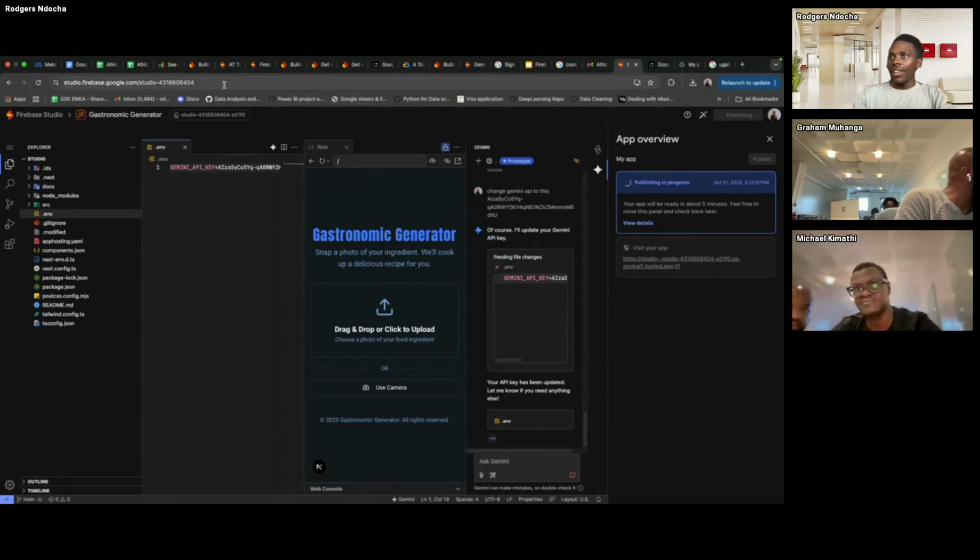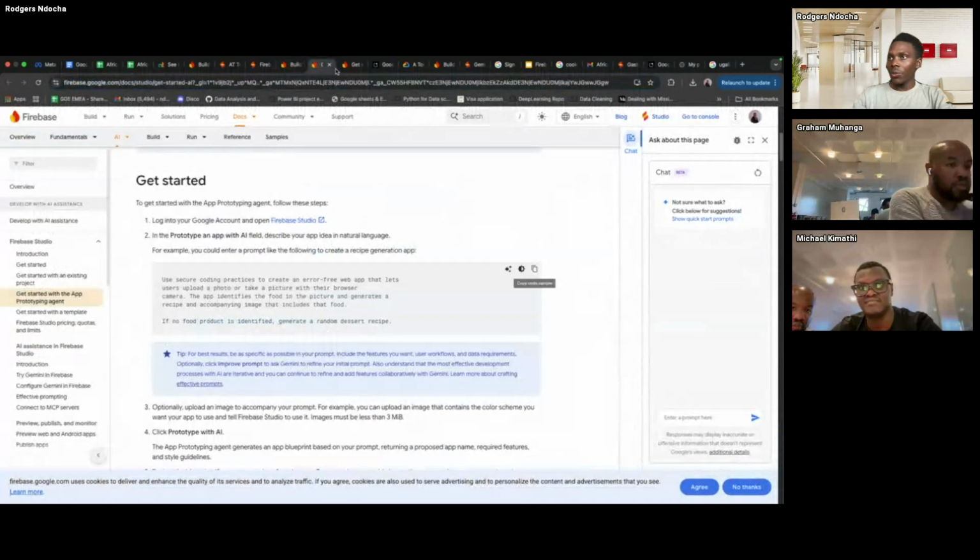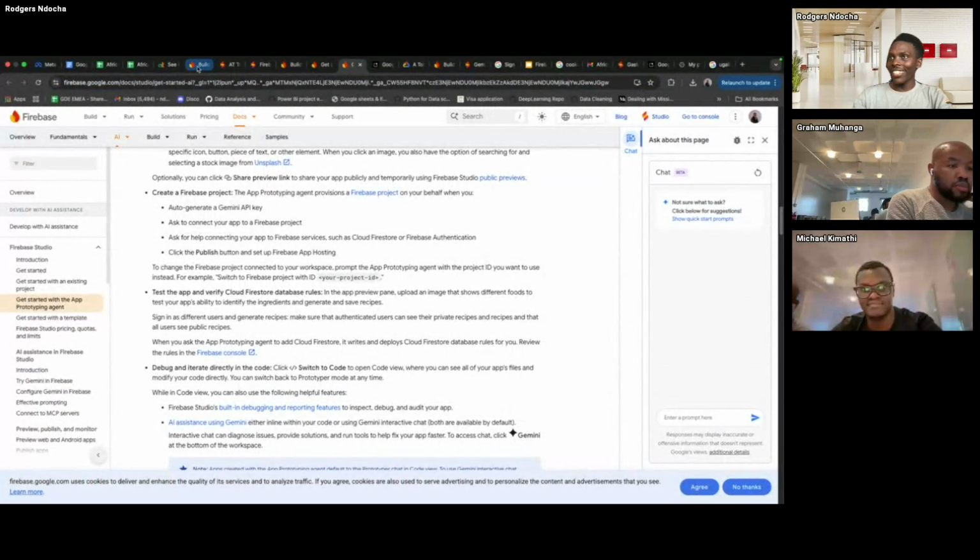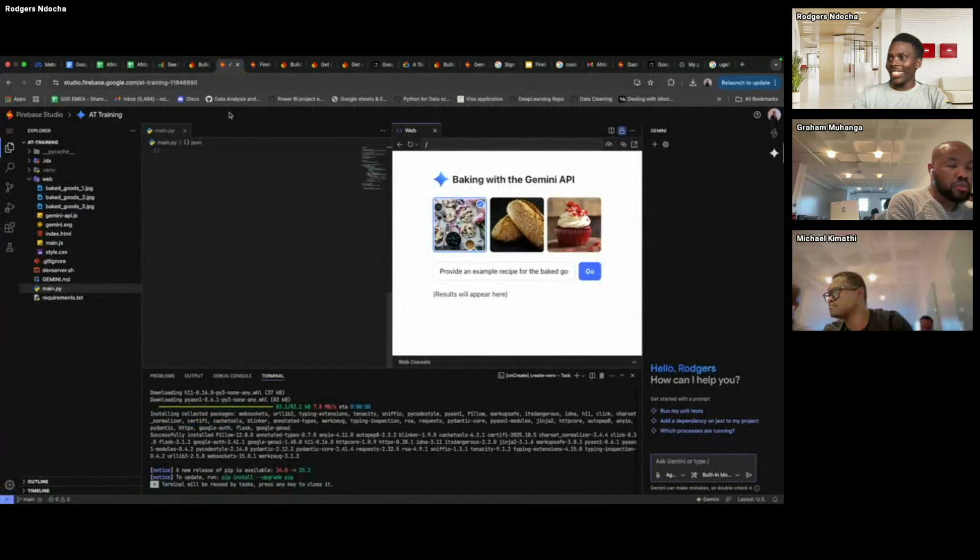Let's go back to what we were setting up. Yes, we were using the preloaded template. If you want to use the preloaded template to start building your application from there, this is what it gave us.